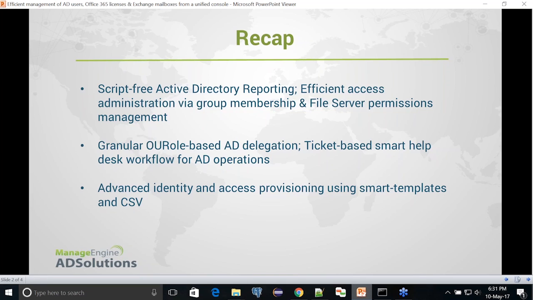And in the second week, we have seen how you can perform granular OU role-based AD delegation. Let's say you want to delegate certain tasks to your IT technician, so you can perform that using AD Manager Plus. And also we have seen how you can perform a ticket-based smart help desk workflow for your Active Directory